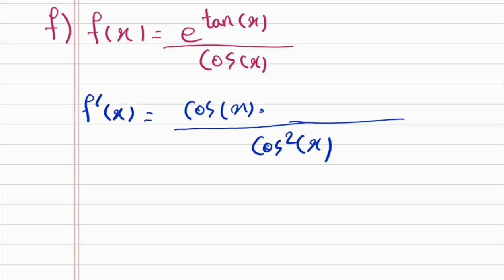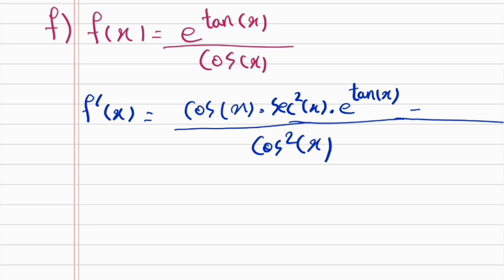So this is the interesting derivative. So e to the tan x, it's an exponential function, so we always differentiate the exponent, and that becomes the coefficient of the exponential function. So e to the tan x is the exponent, and tan x, we know that it differentiates to sec squared x. So that becomes the coefficient times the function itself